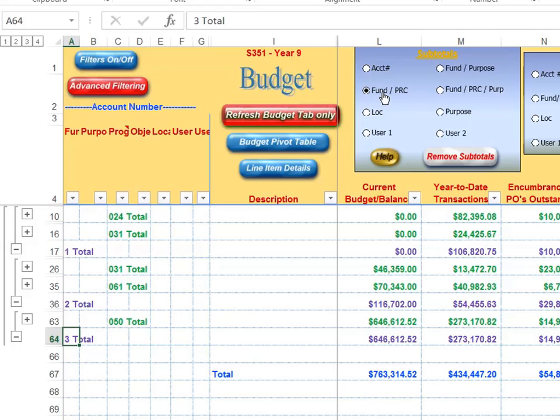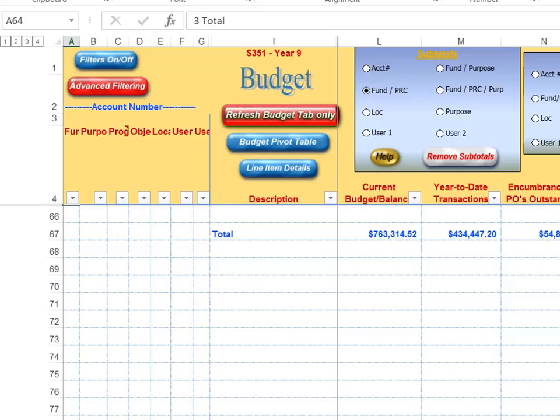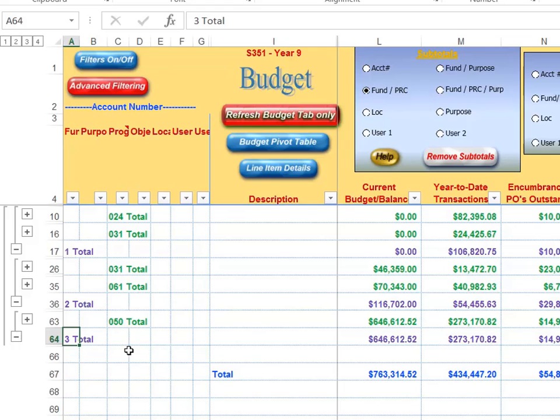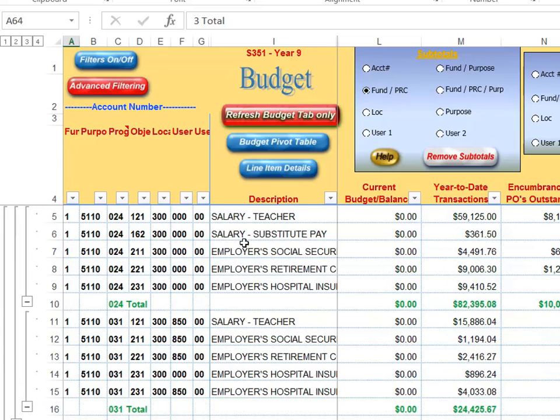So that was Fund and PRC. Now, the report just appeared magically when we hit this button. But we have other options up here to look at other subtotals. I will tell you that this report is actually number 3, but we can look at 1, 2, and 4. Click on 1, and that's just the bottom line numbers. Option 2 is just a list of the funds and what the totals are. 3 is that report that we just got. And 4, like the little message said, you get it